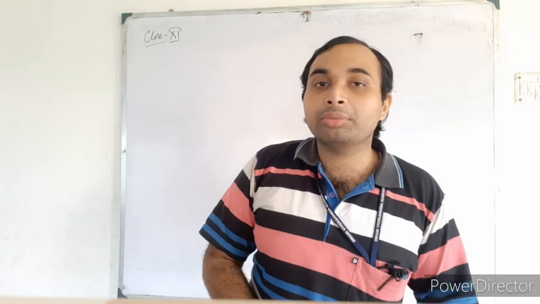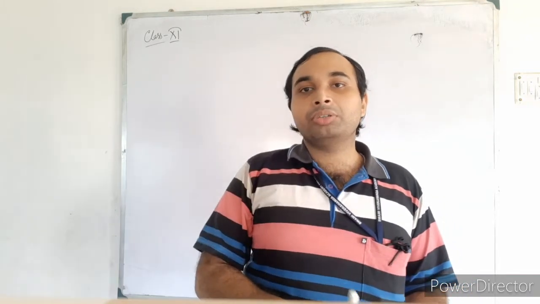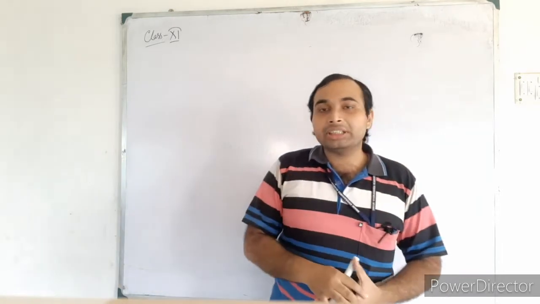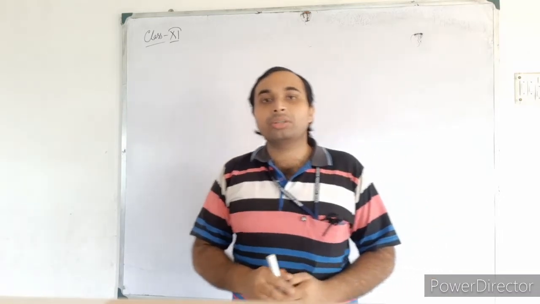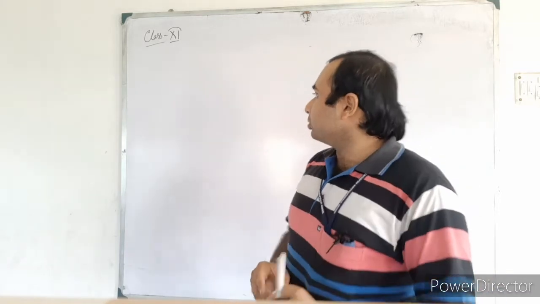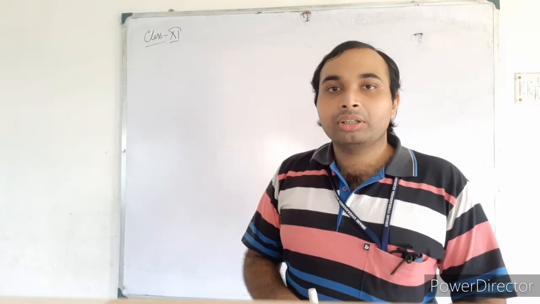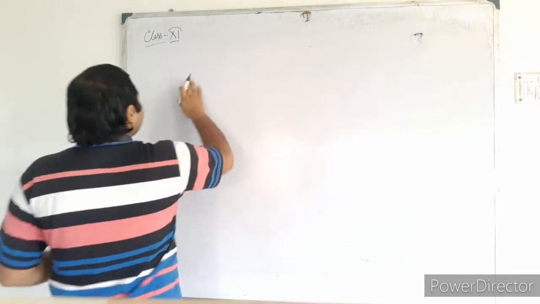So we are discussing the derivatives, and in the previous video we discussed the first principle of the derivative and also one physical significance. So now let us discuss the geometrical significance of the derivative. Geometrically, the derivative represents the slope of a straight line. So how does it come about? Let me explain.